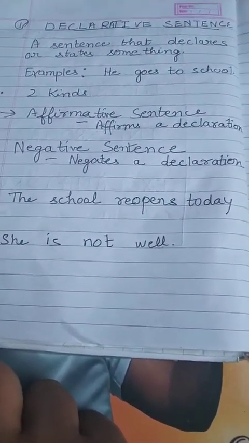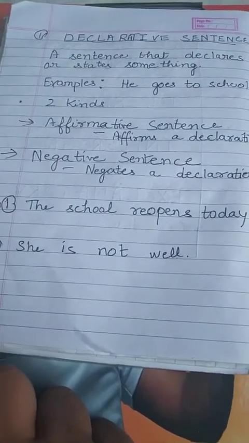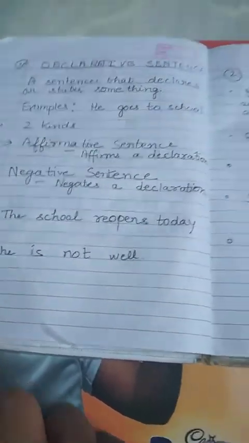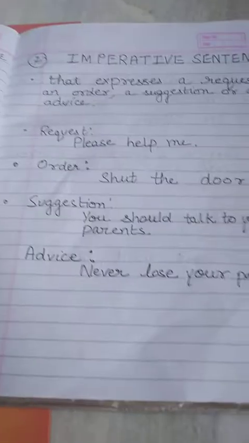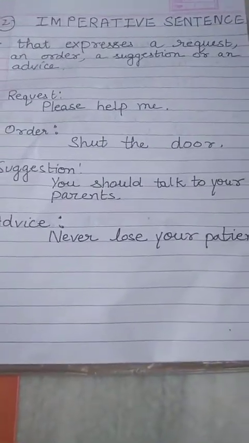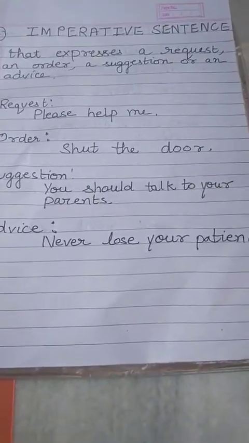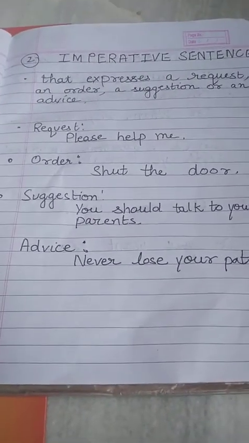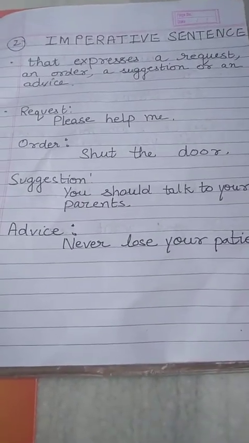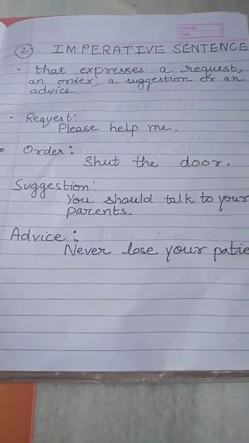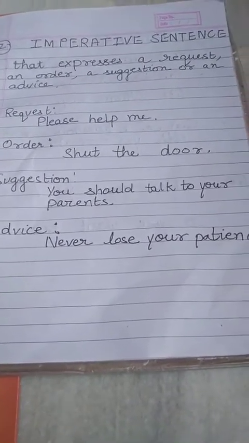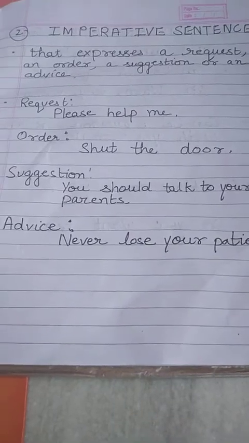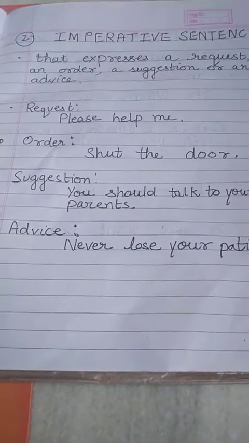Clear, students? Now come to the second kind of sentence, that is imperative sentence. Now what are imperative sentences? Let us learn the definition of imperative sentences. An imperative sentence is one that expresses a request, an order, a suggestion, or an advice. For example,